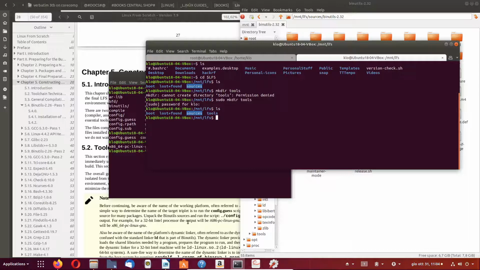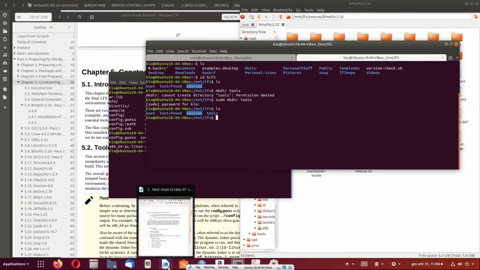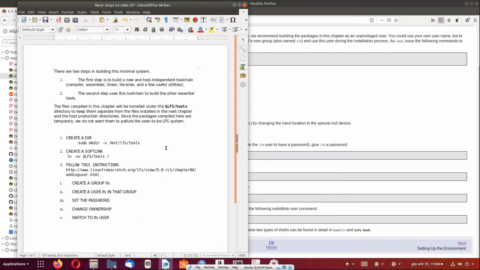Inside this one, the next step we have to do is, in order to isolate what we are going to do from the host system, we had to create a group and a user specific for this task. The next step is to create this link here. So I copy it as it is,